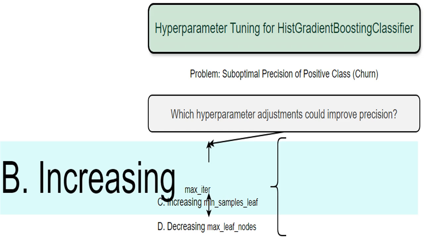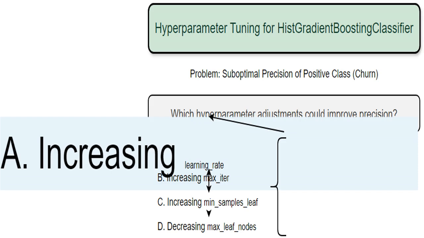It's a less reliable way to specifically improve precision than min_samples_leaf or max_leaf_nodes. A higher learning_rate means the model makes bigger adjustments at each training step. This can lead to faster convergence, but it can also cause the model to overshoot the optimal solution, leading to